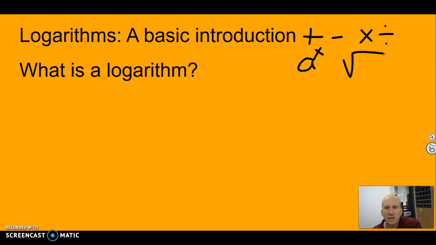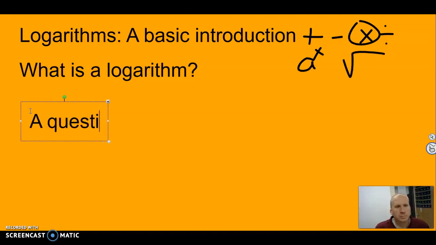And this is one of those days when we're talking about something and it's going to seem like it's going to be challenging or difficult because it's totally new, something you've never seen before. But in the same way that at one point, multiplying was new. Now, obviously, multiplying is something you have a very deep understanding of. So when you ask, what is a logarithm? It's a question. And I'm going to go ahead and type this because it'll be easier. It's a question that asks,